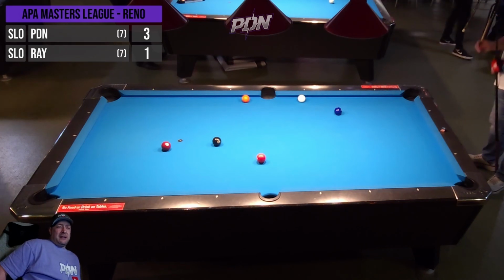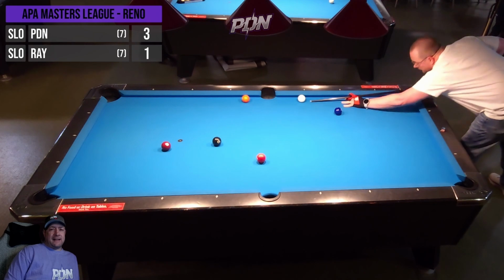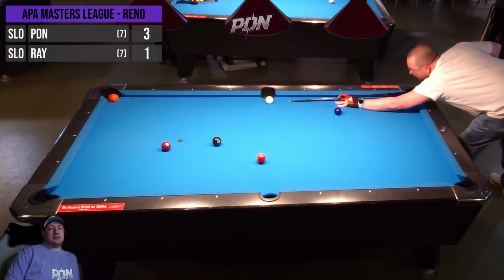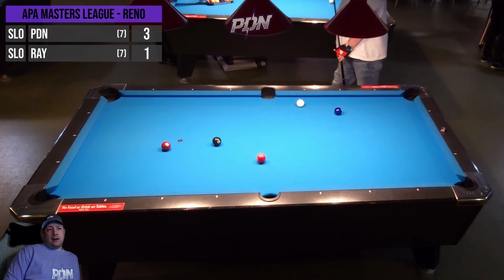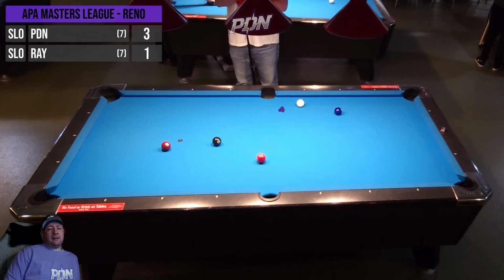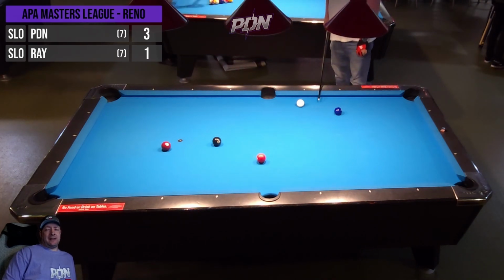Want to be straight on the 5. I'm not using the 5 as a key ball to get on the 8. I've got the 7 for that, so I'm just going to try to draw this one out. I draw it too far. I was hoping to hold it here, and then I was going to play around the table for the 2 and use the 7 to get on the 8, but